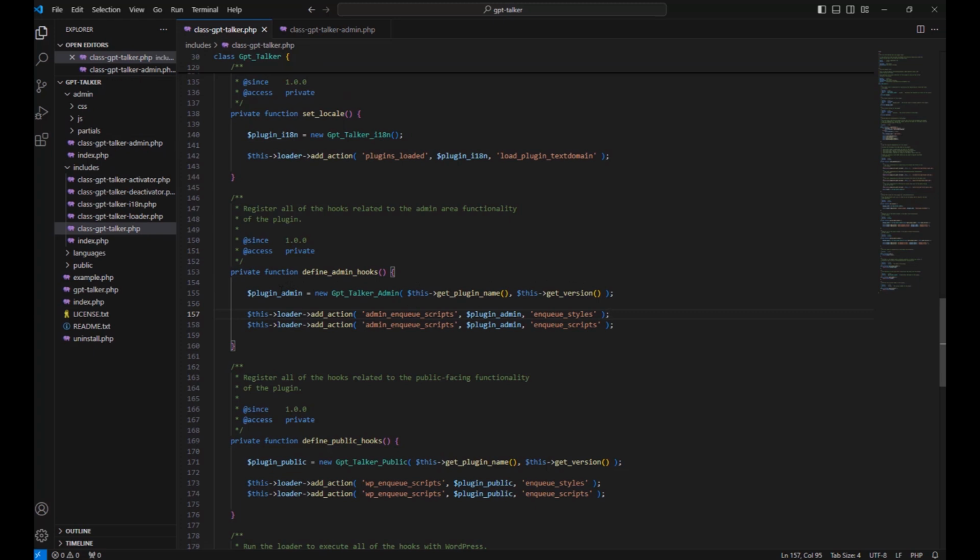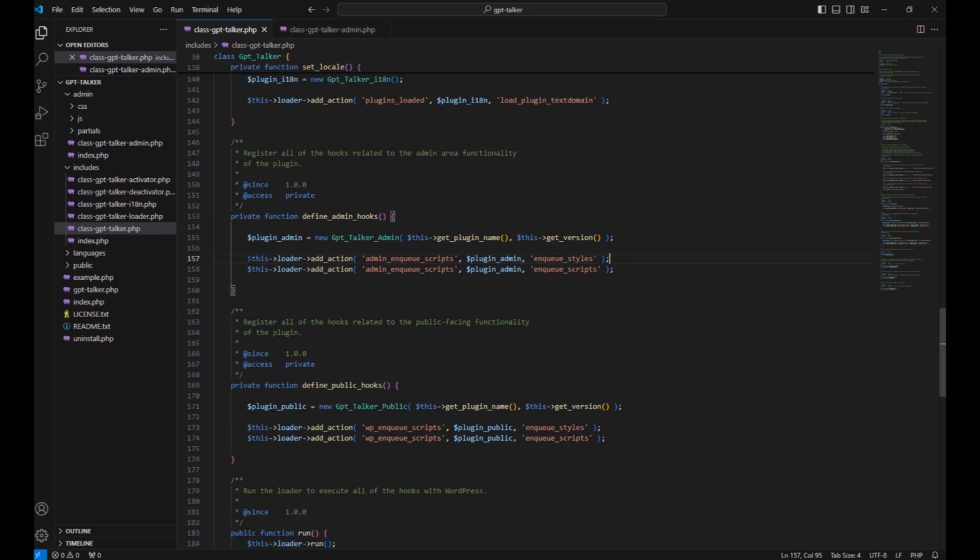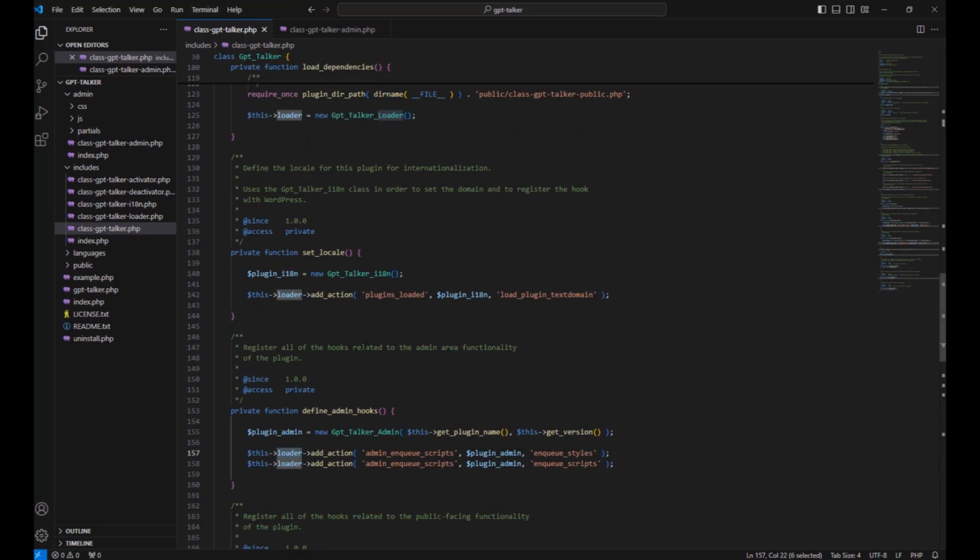So it's allowing us to speak technically to that class, okay? It's like initializing it in here and allowing us to speak to it. And right now, it's saying this, in WordPress, this always refers to the class that it's working in right now. It's for what's called encapsulation, meaning the code can't just run wild and access stuff it's not supposed to. So it's referring to this class, this GPT Talker class, and it's saying loader, which is, the thing about